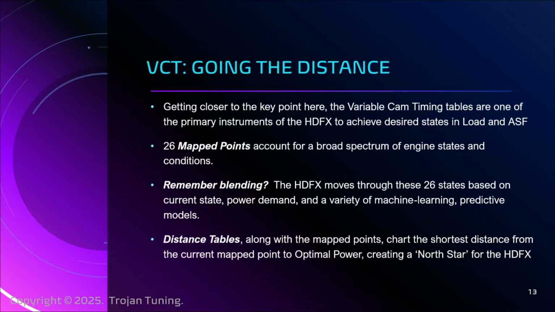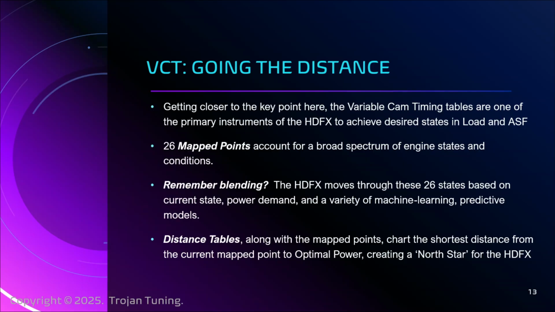Key thing here is, in addition to the mapped points, there are distance tables. And the whole purpose, I didn't understand these at first. It took me a while to wrap my head around this, and the skies parted and it became a sunny day when I realized the whole purpose of the distance tables is from any mapped point commanded by a VCT